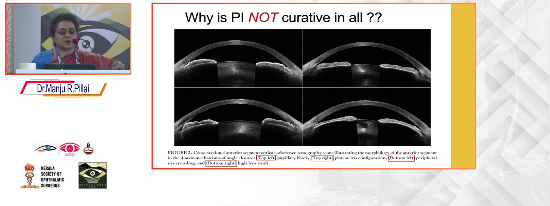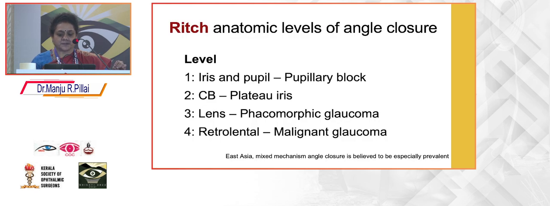So why is PI not curative in all patients? If there is a pupillary block, if there is a plateau iris configuration, if there is peripheral iris crowding, or if there is a high lens vault. So, the anatomic levels of angle closure, which Meena has described, the levels are iris and pupil, it can cause